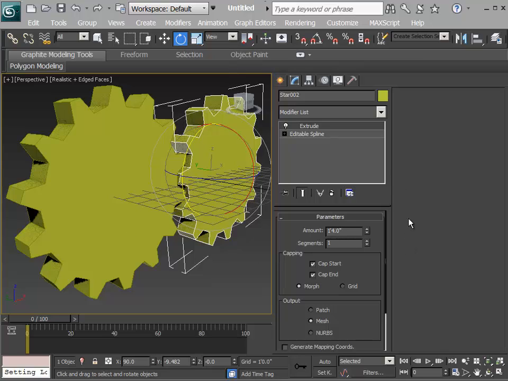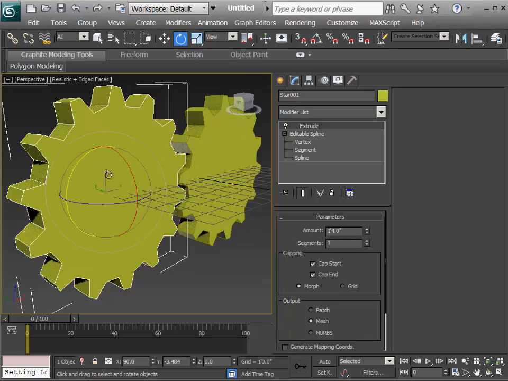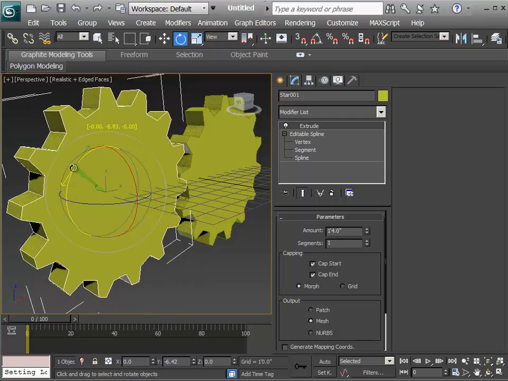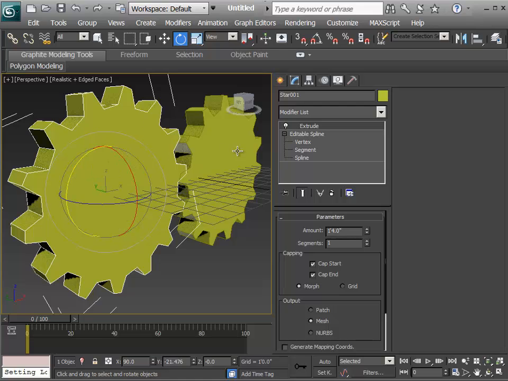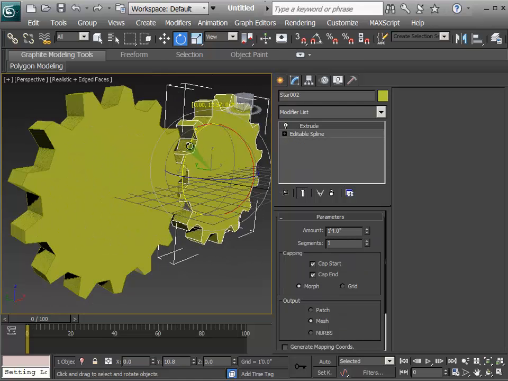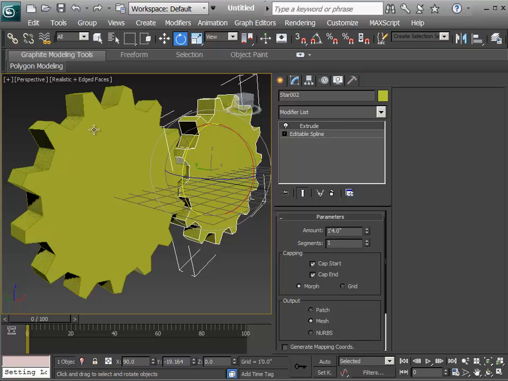I'm going to show you as quickly as I can how to set up wire parameters so one object can control the movement of another object. What we want is this gear, when it's turned, to be moving this gear in the opposite direction. So what I did